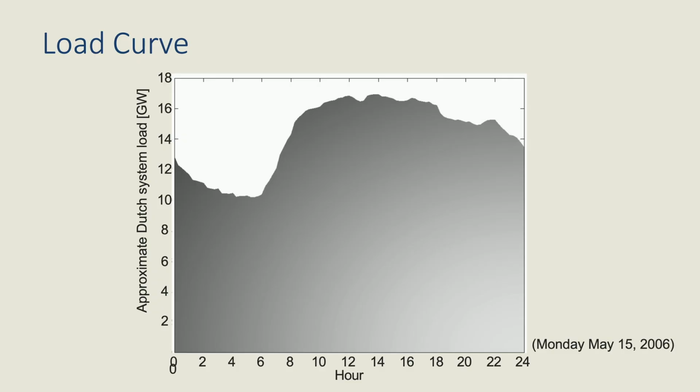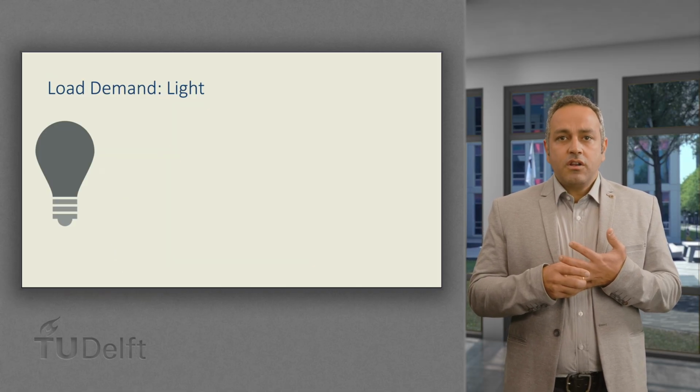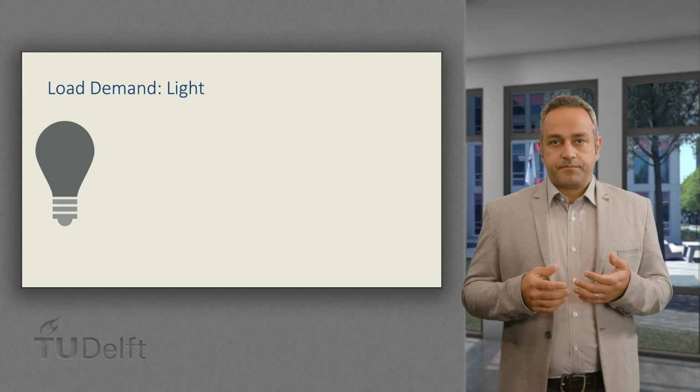For example, a day. This information is relevant for generation companies and system operators, as the generation output of the controllable generation units will depend on the forecasted and actual demand. A power balance between generation and demand should be kept at all times. To keep the system stable, let's have a look at some important types of loads. One of the main loads is lighting.